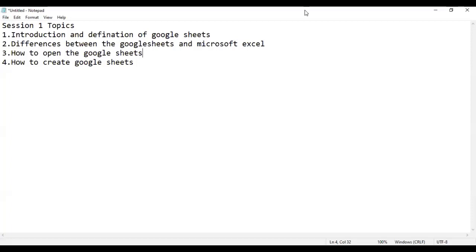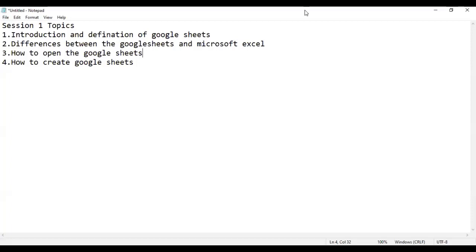A sheet is nothing but simply a paper or a document where we can store or write the data. What is a Google Sheet? In general terms, we can call it a simple spreadsheet where we can manage the data, handle the data, and perform different types of operations on the data.